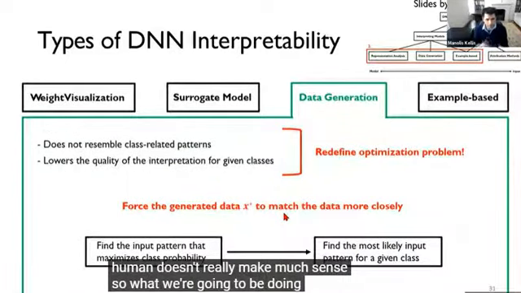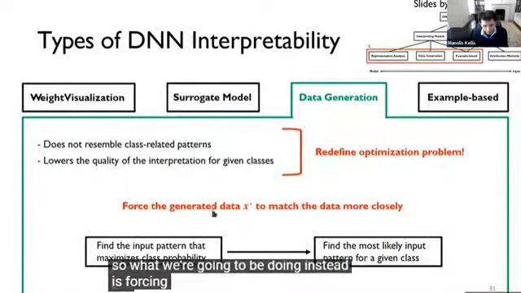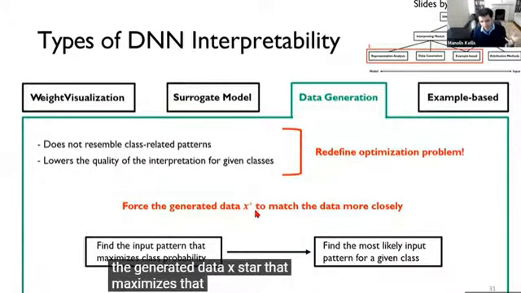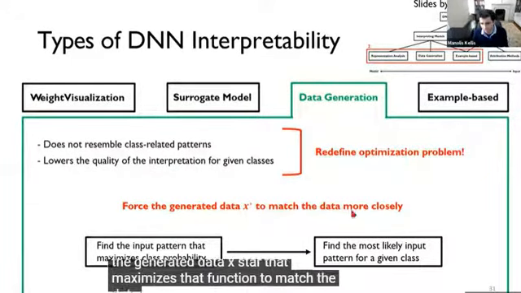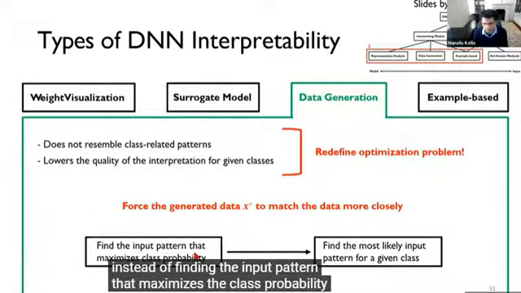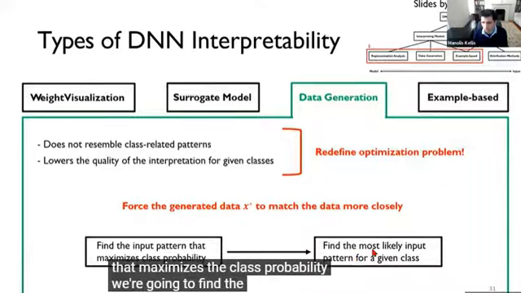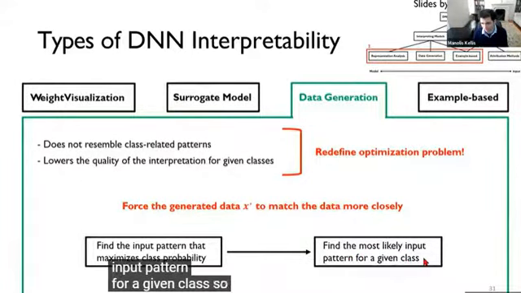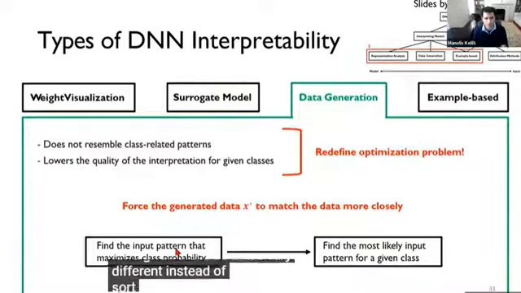So what we're going to be doing instead is forcing the generated data X star that maximizes that function to match the data more closely. Instead of finding the input pattern that maximizes the class probability, we're going to find the most likely input pattern for a given class. So that's very different. Instead of searching